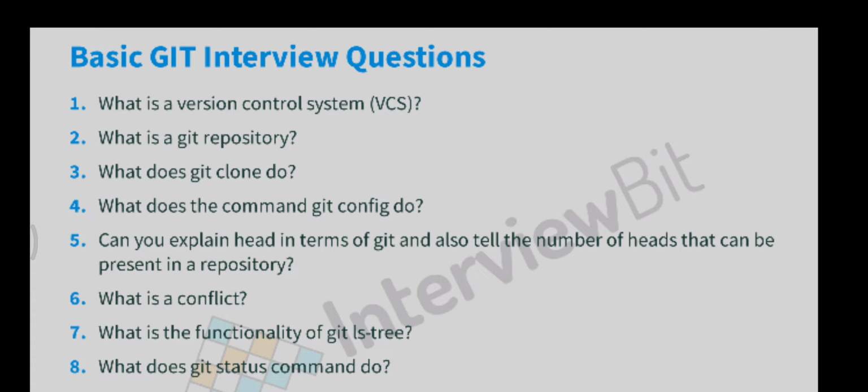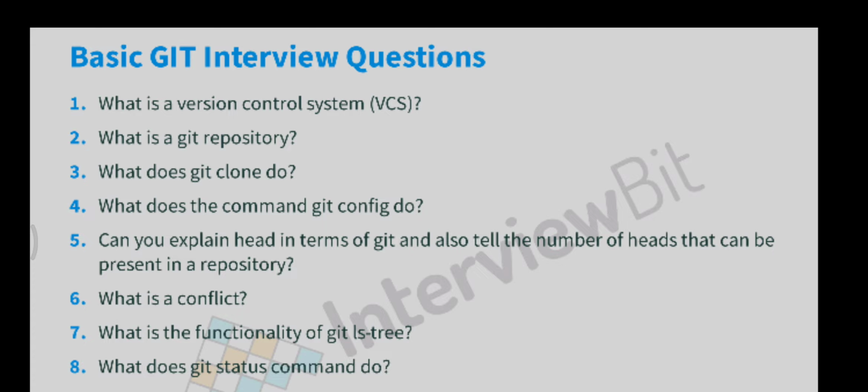Basic Git interview questions. First one is, what is version control system? What is Git repository? What does Git clone do? What does the command git config do? Can you explain a head in terms of Git and also tell the number of heads that can be present